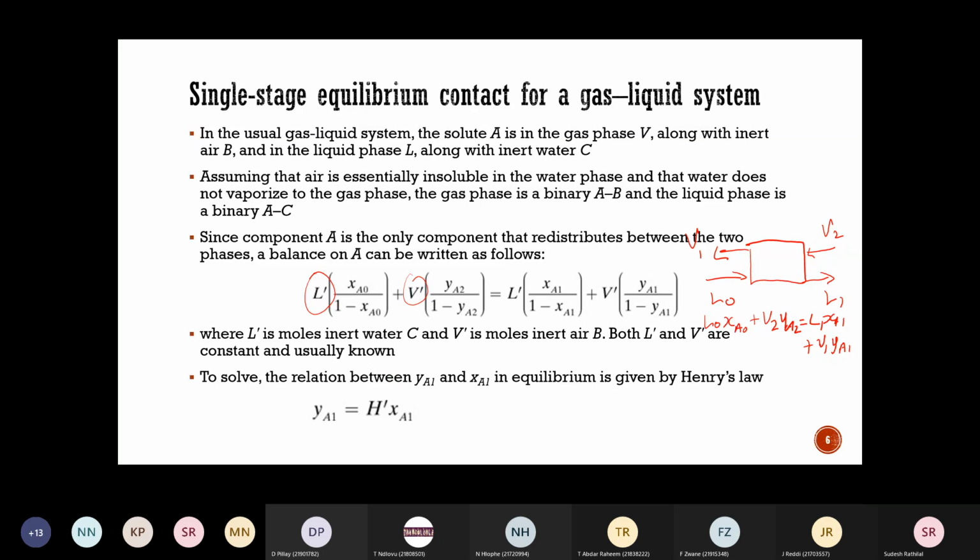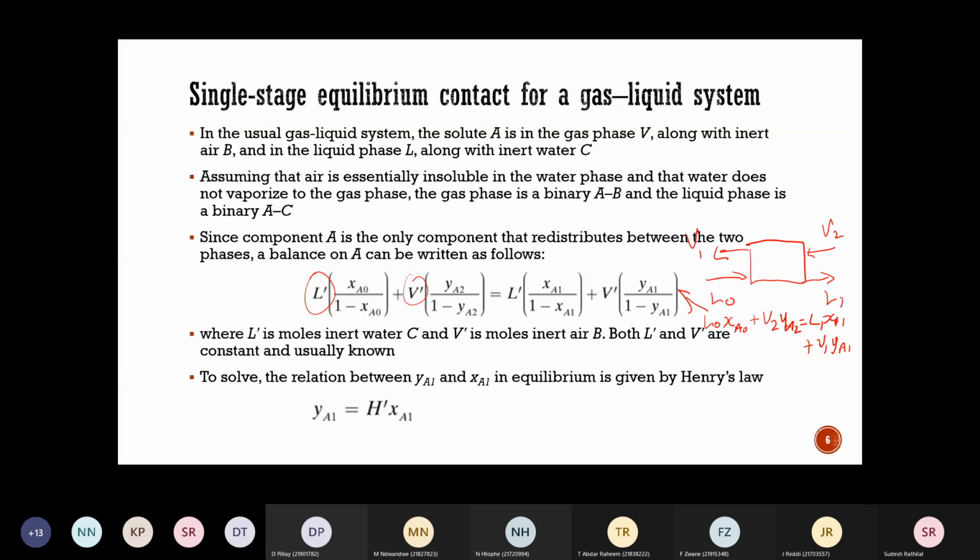They will not change. And why are they not changing? Because component B and component C are not moving between the two phases. So when we're talking about the inert value, it is only that value that is in that stream: the inert value in the gaseous stream and the inert value in the liquid stream. So I want you to derive this equation from my original balance equation. You will see when you derive it